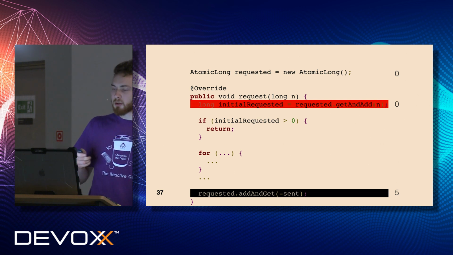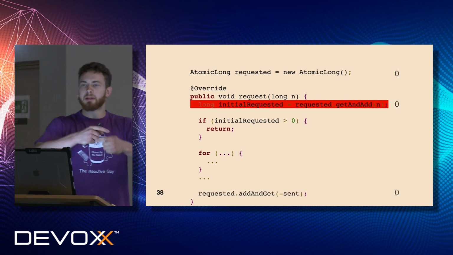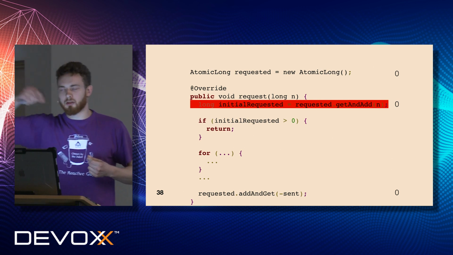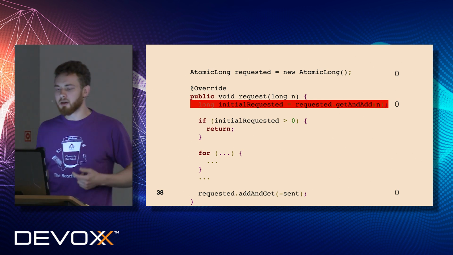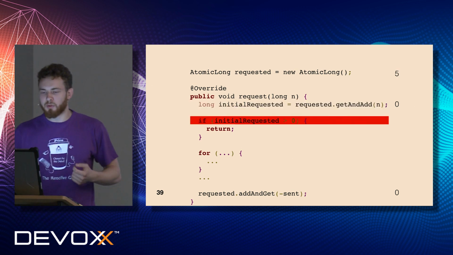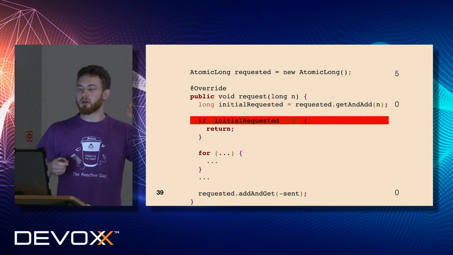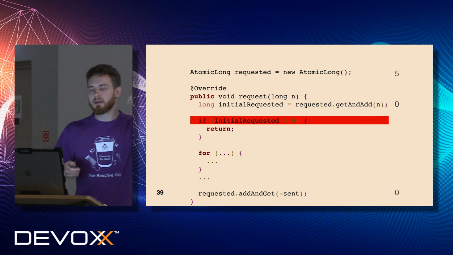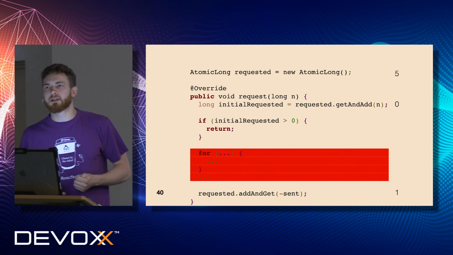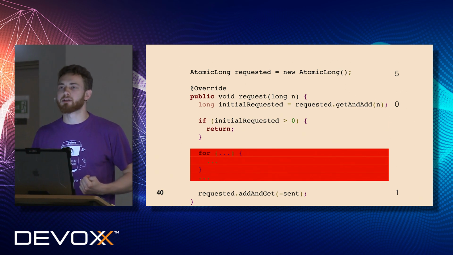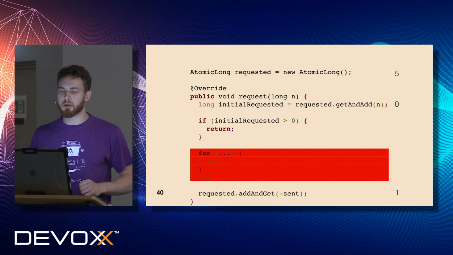Since the red one is the loser, it will read the changed state after the racing, because there is a guarantee from AtomicLong. So the initial requested for red will be 0. It will add a few more elements back to the state, and he will bypass this invocation and will continue sending some data to our subscriber, right? Does it make sense? So everything should be good.